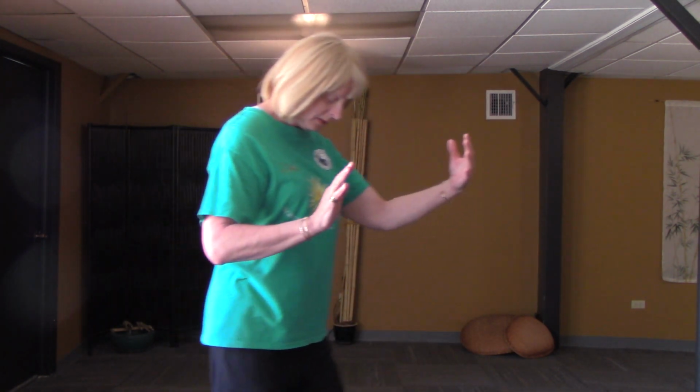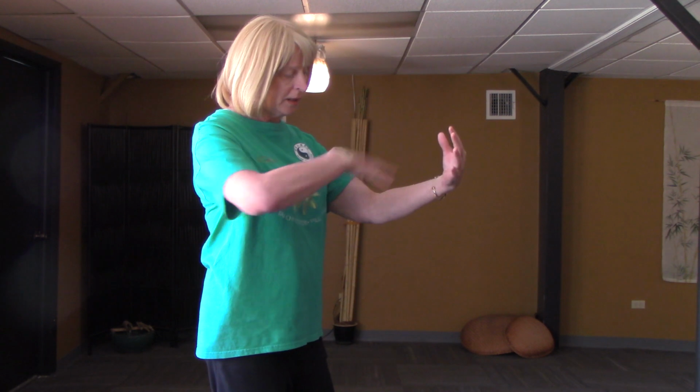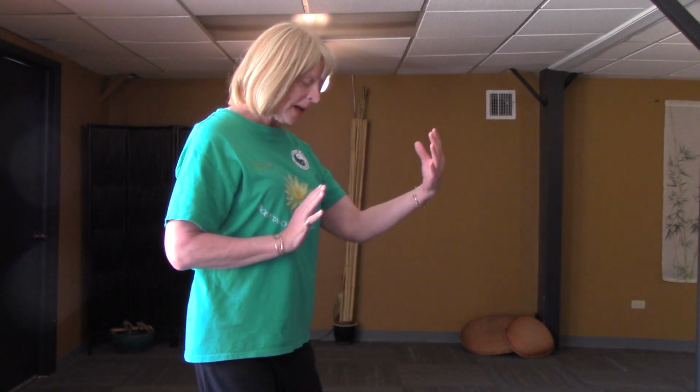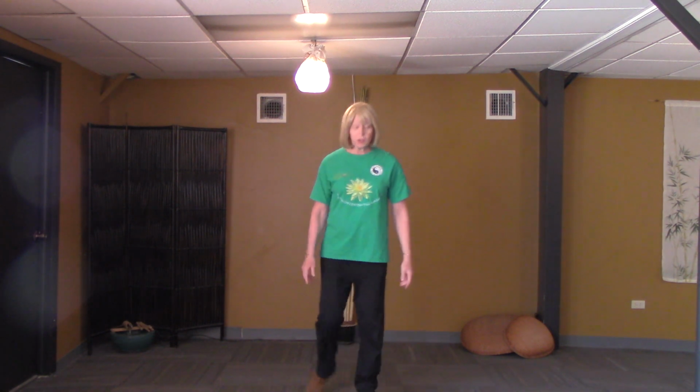The other hand, as you can see, the right hand, is just above your waist, and you're kind of visualizing a ball of energy. Again, it's rocking forward, exhaling, and back, inhaling. Now, when you begin to walk with grass sparrow's tail, just so you can see my feet,